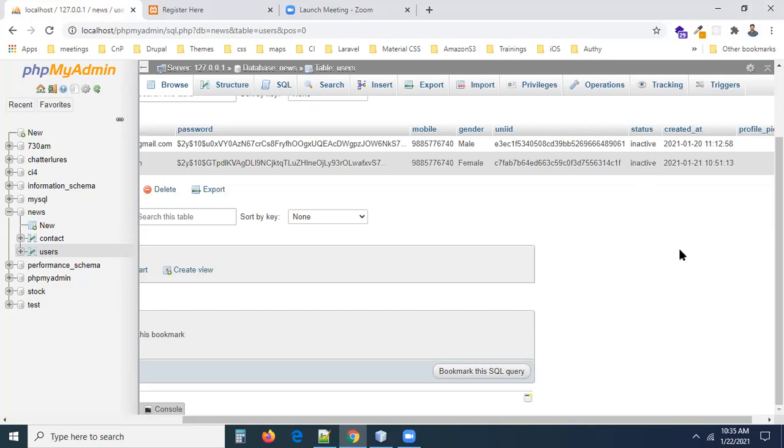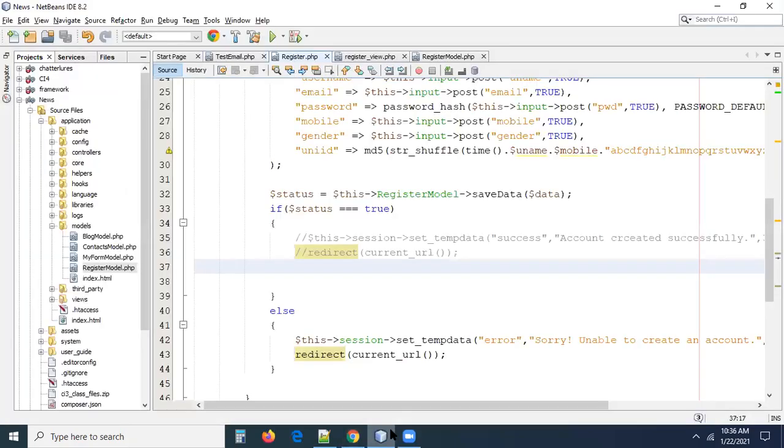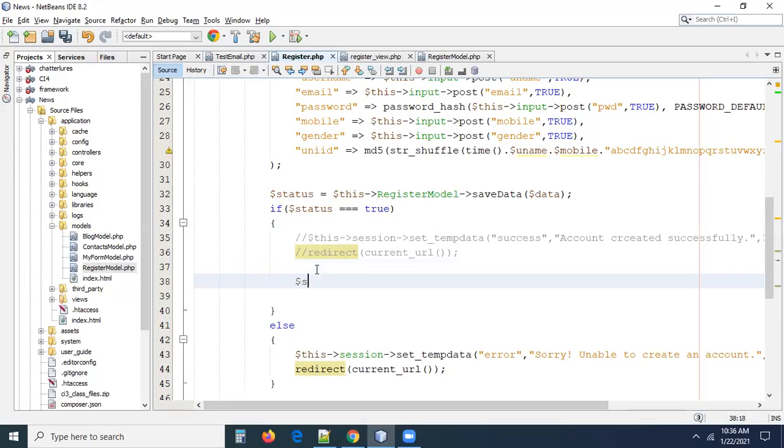By clicking that activation link, your status should be updated as active. So in my application, I want to allow only the people who activated their account to log into my application. That's the reason we have to make the status active. So for this, we have to send an email. So in the register controller, we have to prepare the mail function subject. Let us prepare the subject here.